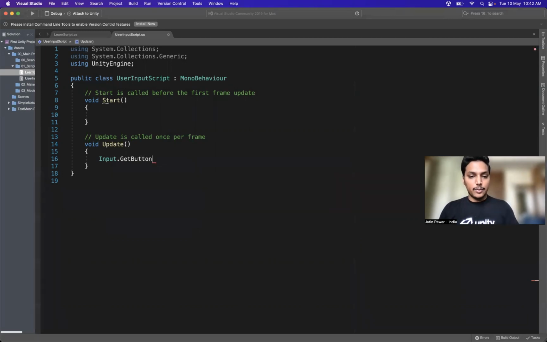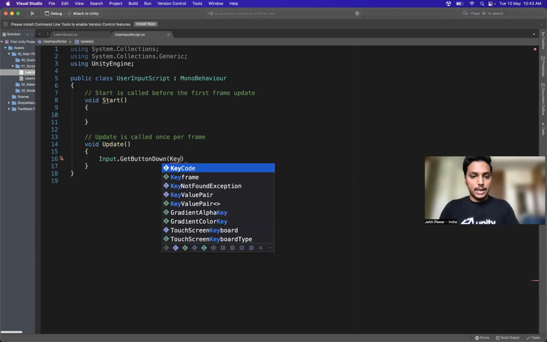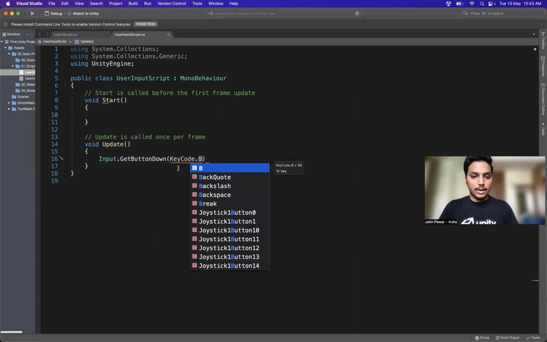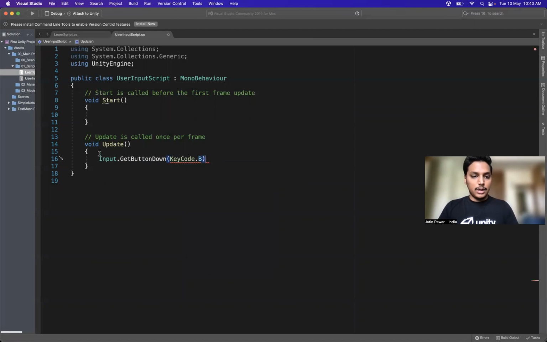Let's get started with GetMouseButtonDown, and we will also be seeing the differences between these functions. Here we are saying which button, so we can get the button name by KeyCode dot any button, maybe B. Now let's wrap this in an if statement. So we are saying if the user presses button B,